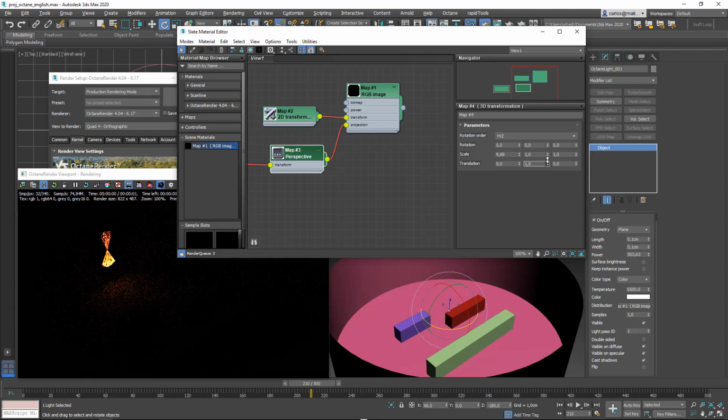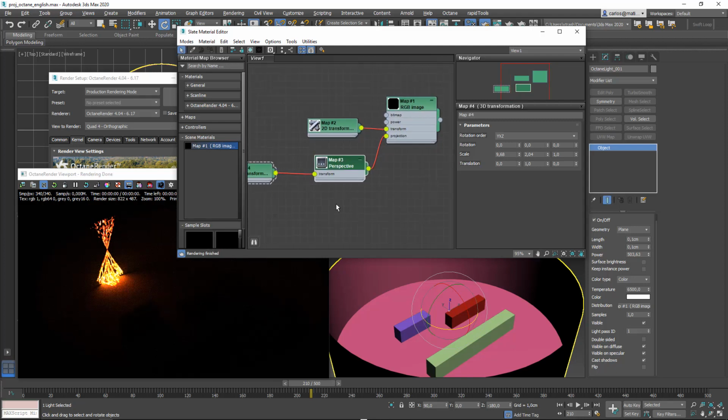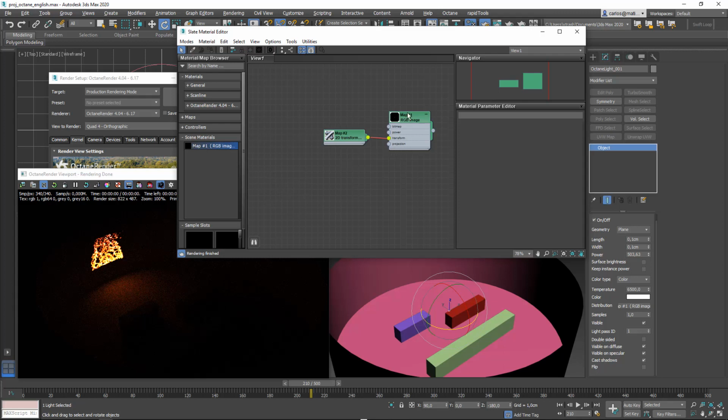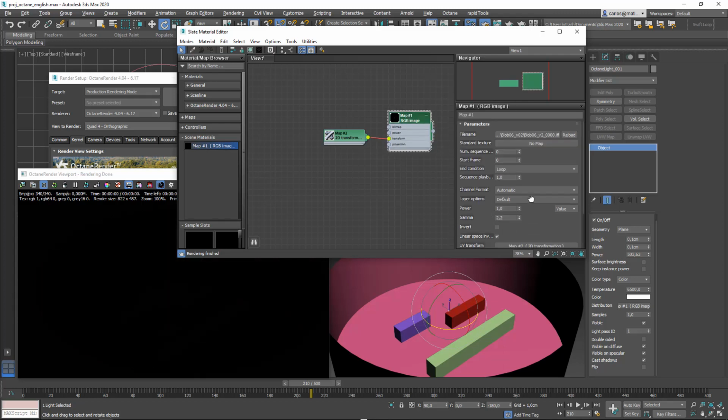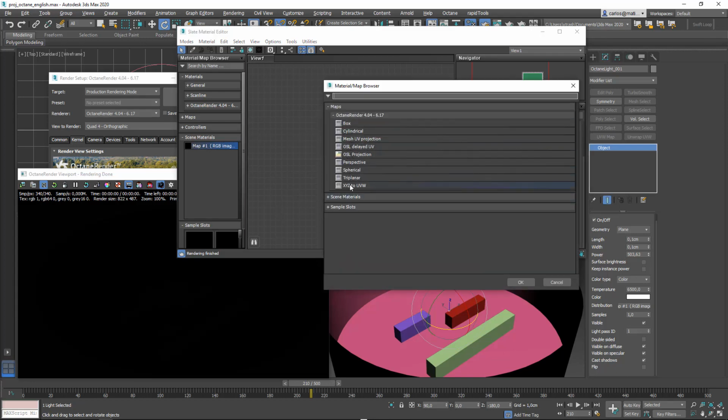When I get straight to the point where I want the light to be emitted, it's getting to a perspective point of view, and all the picture is pointing to that infinite perspective point. So this is not actually what we want to use to transform the projection of the distribution map. So I'm gonna remove this perspective and this 3D transform. I'm going back to the RGB image, and on the projection property I'm gonna select the